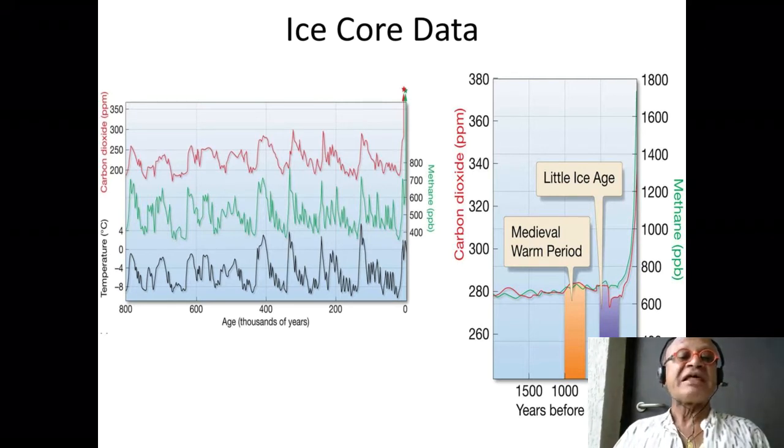Few things to be explained are: why is the warming relatively abrupt compared to the cooling? Cooling happens on a 100,000 year time scale, whereas the warming appears to happen very rapidly, in literally a 100 year time scale. And why is there such a sharp jump in greenhouse gases but not an equivalent jump in temperature